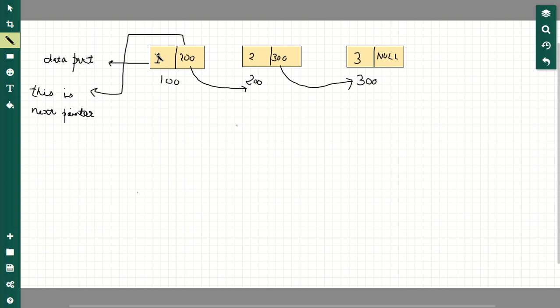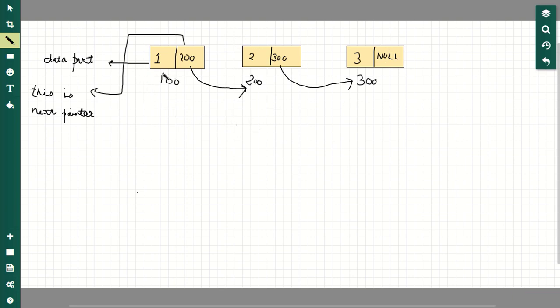So let us begin. Assume this is a linked list having two parts. The first one is the data part and the next one is the next pointer, which contains the address of the next node. Let us take a linked list with three nodes.